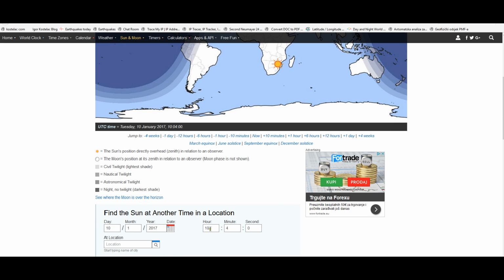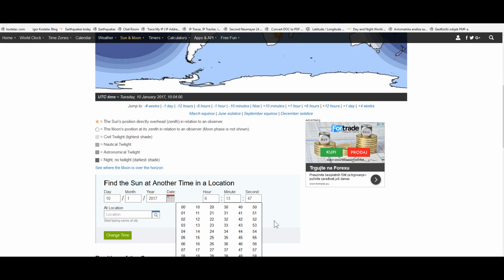earthquake was 6 o'clock in the morning according to UTC time. So that was 6. Minute was 13, and I think it was, just a moment, how many seconds? 47 seconds. So everything is very important. 47 seconds. Now we're going to change the time,